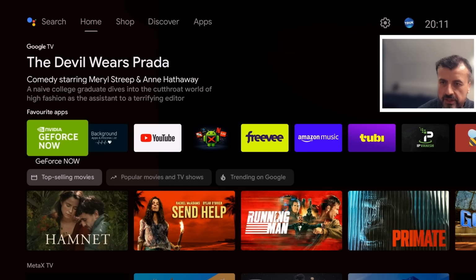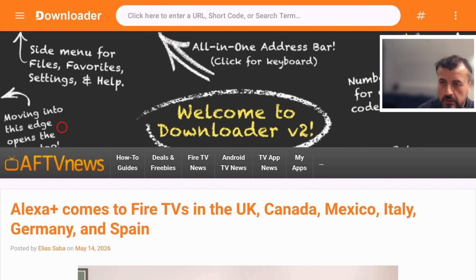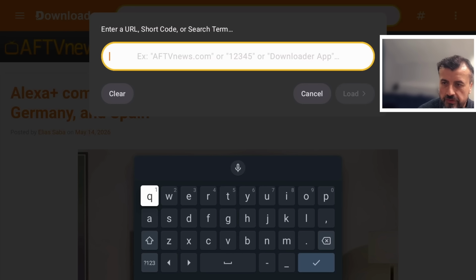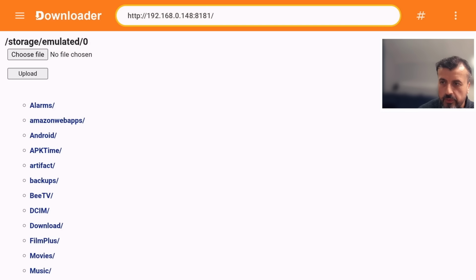So let's now navigate to Downloader, and we can now type in that same address into the address bar. So let's do that now. We know that address was just 192.168.0.148, and then the key part, which is the port. So for that, you do the colon, and it was 8181. I'm hoping now with no pop-ups, no interruptions, as soon as I click on this, we can now see the